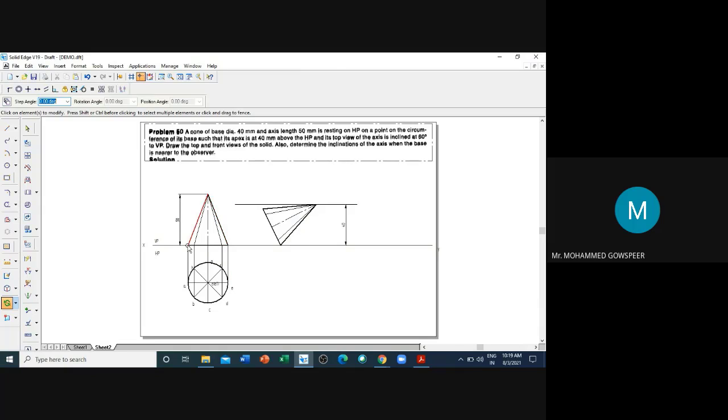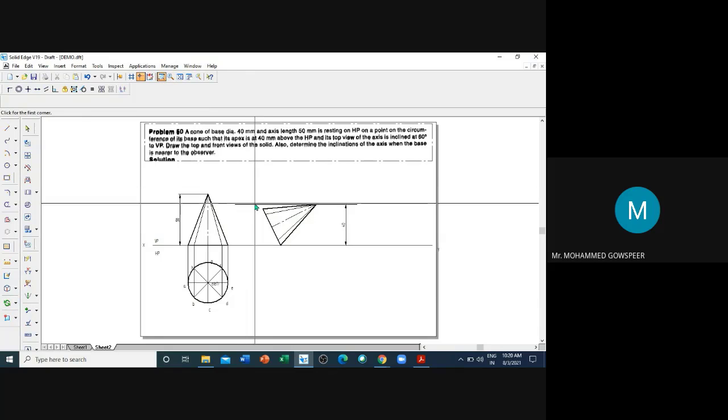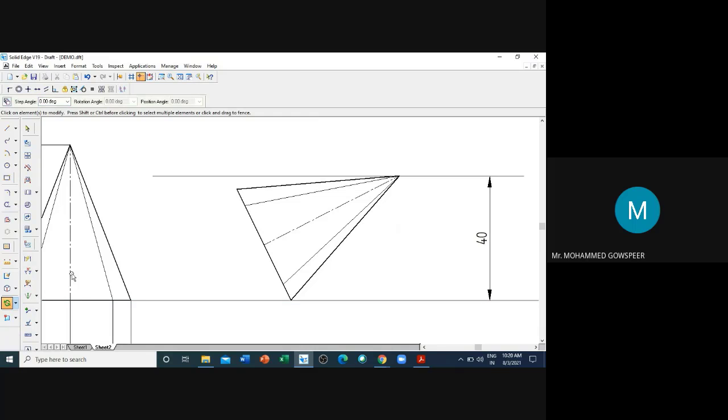Then e to a, you cut the arc. Then measure o to a, and you will get this sketch. Now you can show the angle of the axis if you are asked to determine the inclination.